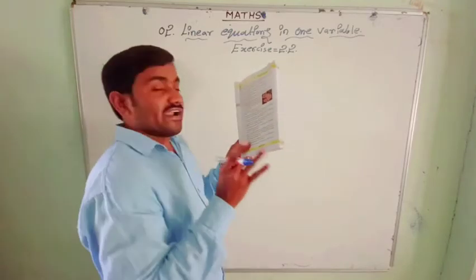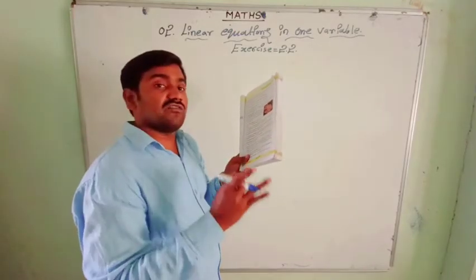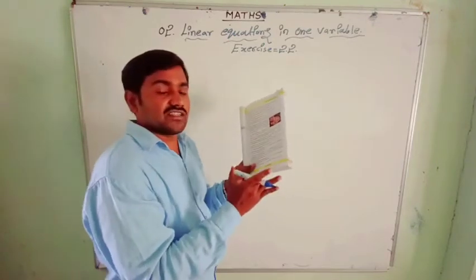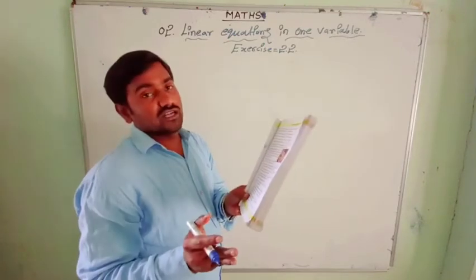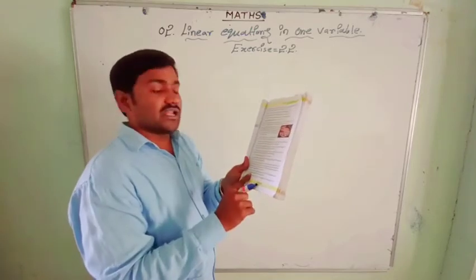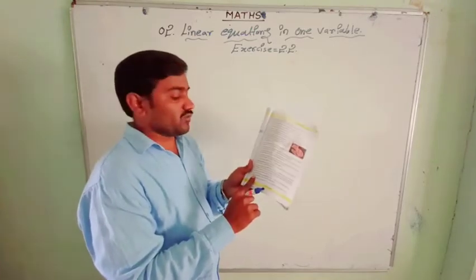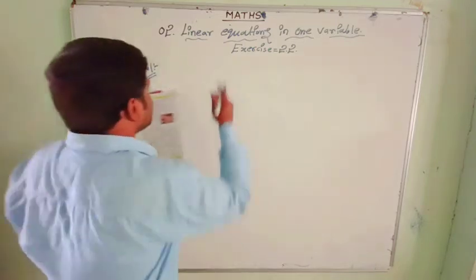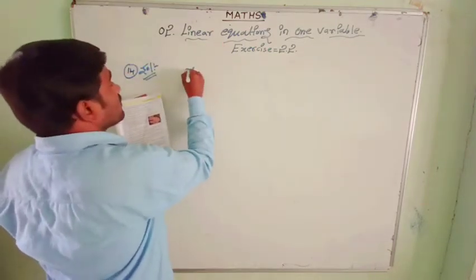So here the 500 rupees is in the denomination of 5 rupees notes and 10 rupees notes. That means there are some 5 rupees notes and some 10 rupees notes. But the total number of notes is 90. Find the number of notes of each denomination. Simple. So here the total number of